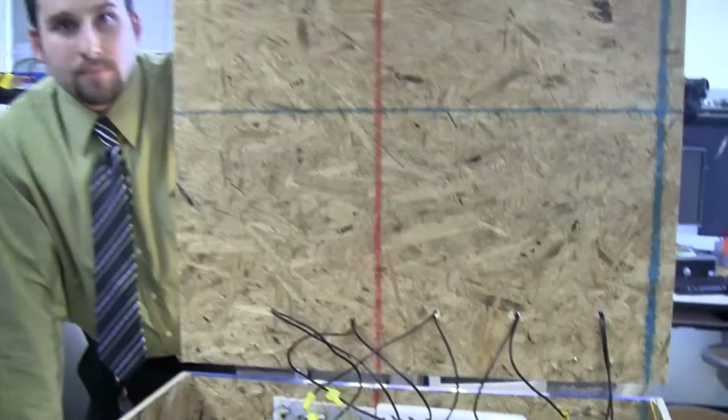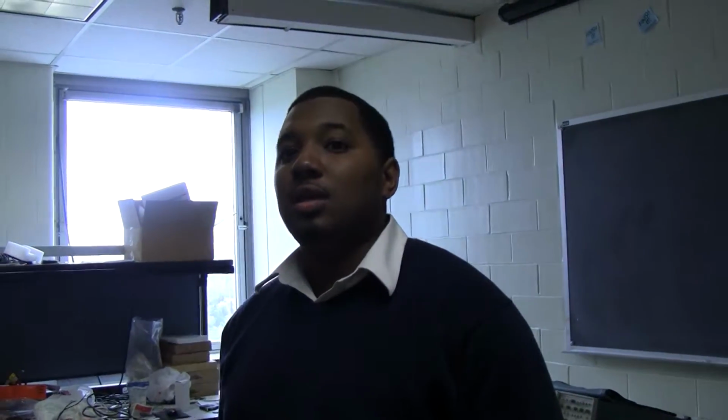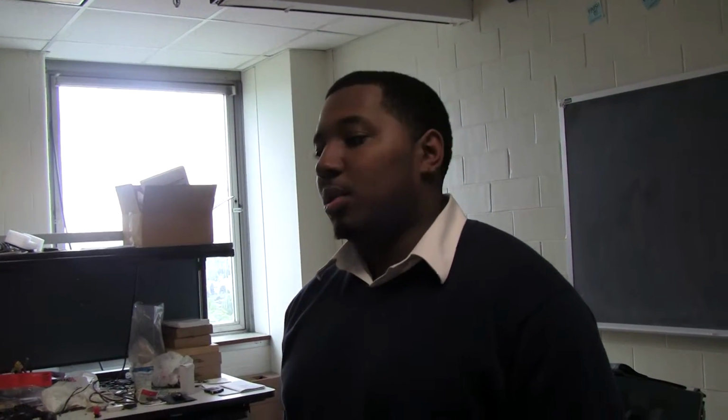How much will it cost for the total of this? Do you estimate this? Estimated, well, solar panels are really expensive. The solar panel that we have is, I think, $400. And that's the main problem with, say, using solar panels for backup battery power, is just the high cost of solar cells. But